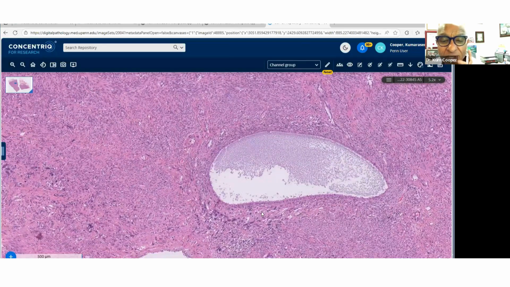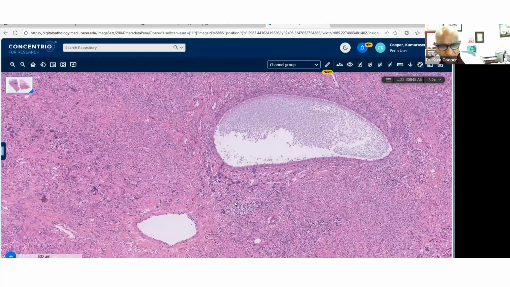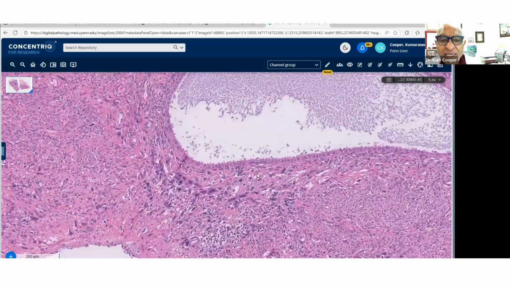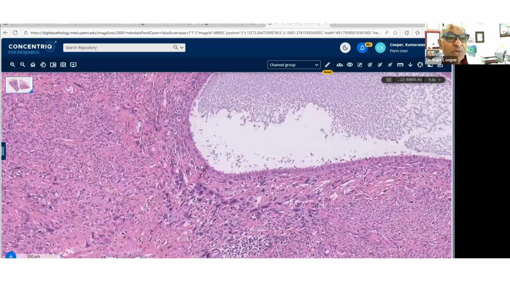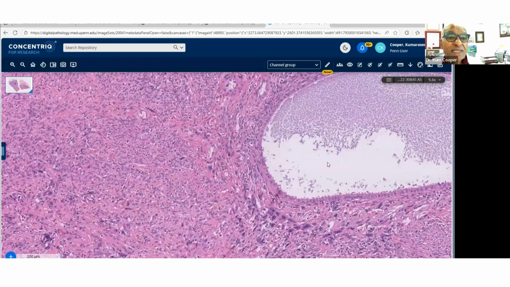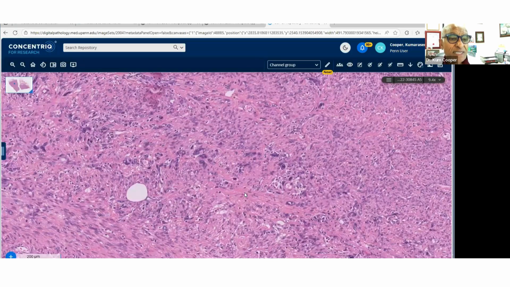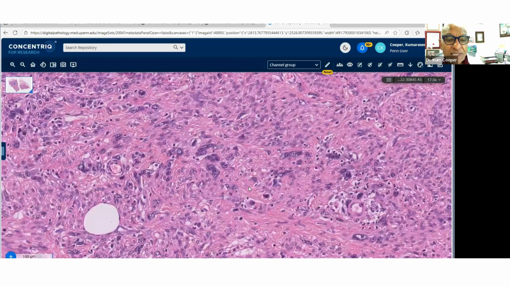And the third component I want to share with you is, so the spindle cells is one, fascicular, looking very pink, uniform, no mitotic activity. And the second are these cystic structures. They do look epithelial, and they're epithelial cystic structures. But the third feature I want to share with you are these cells here. And here's a nice area. There was one area in the subcapsular area, but we don't have to go back to that. But just to show you these